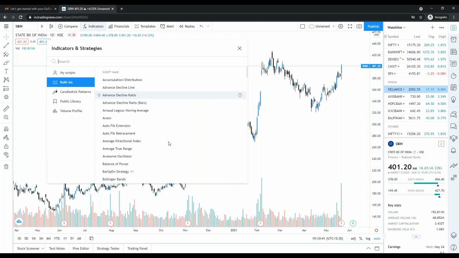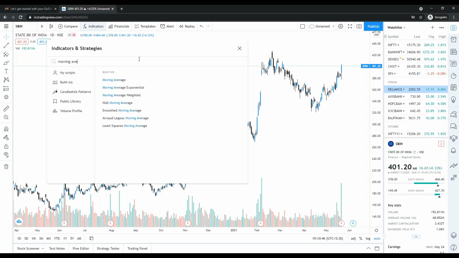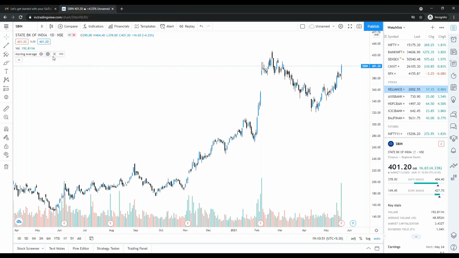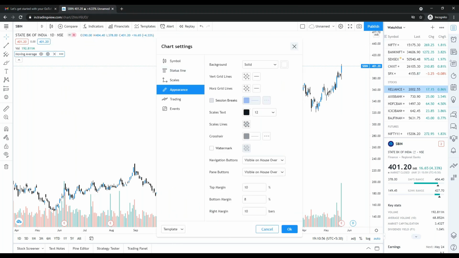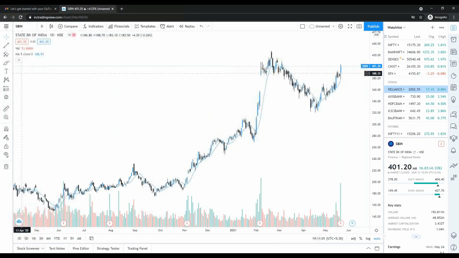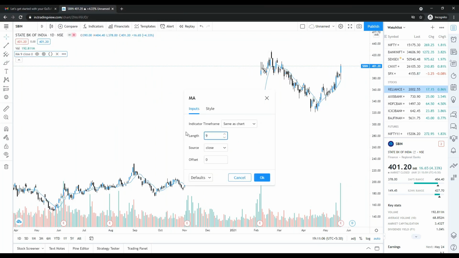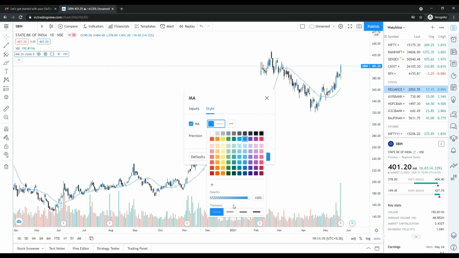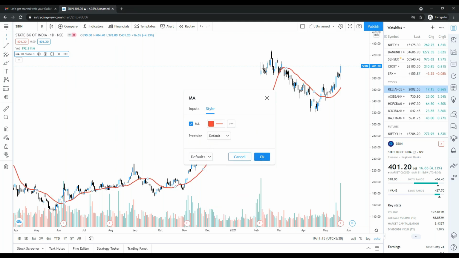So here you can find some sort of indicator. Let me show you, like you want to apply a moving average. This is a very common indicator. Let's say I'm going to apply this moving average. Click on the settings. Okay, it's still calculating. So, moving average. Let me click on this. Let me make a 20-day time frame, black, and this one red. Click on OK. So this is a moving average.